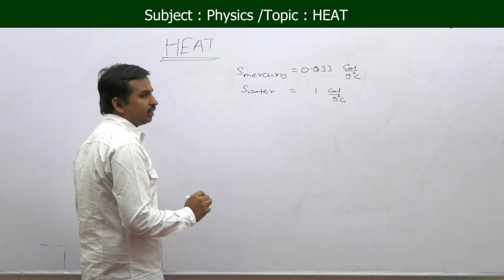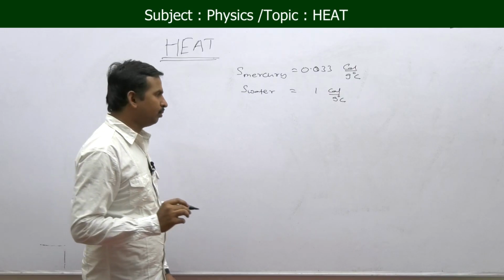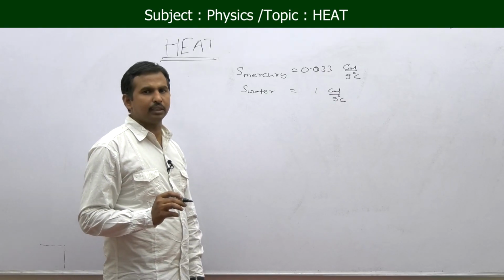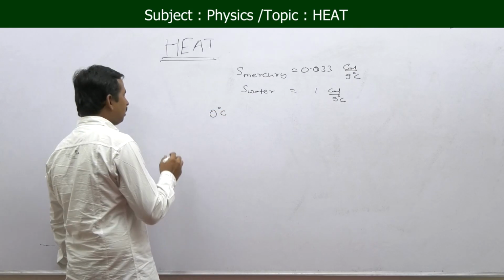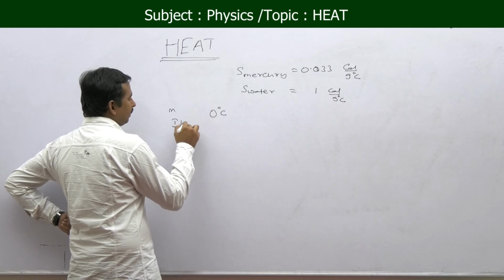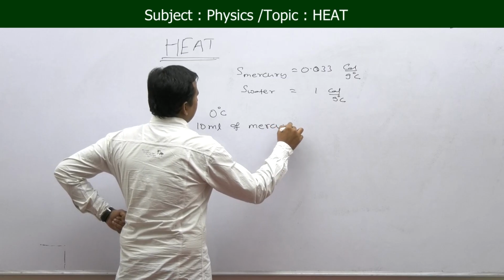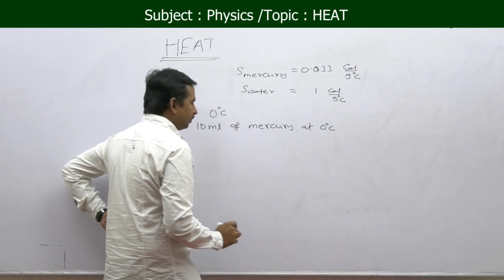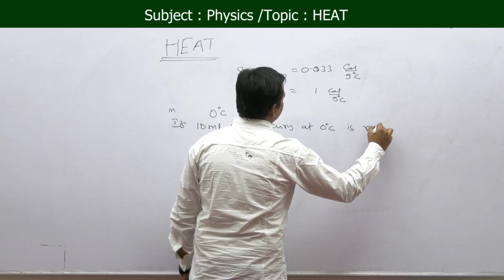And if you are making that temperature reading on the mercury, let us suppose you are taking 0 degrees Celsius on that thermometer scale. Okay? 0 degrees Celsius means I am taking here mercury of 10 ml. So if 10 ml of mercury at 0 degrees Celsius is raised to a temperature